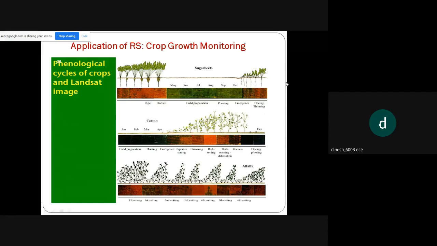So this is a Landsat image. An application of remote sensing which monitors the crop growth, crop monitoring, vegetation monitoring. You can see that in different phases, the chronological cycles of crops